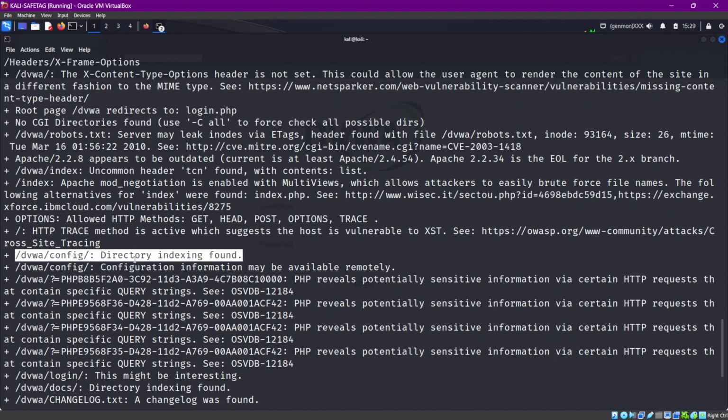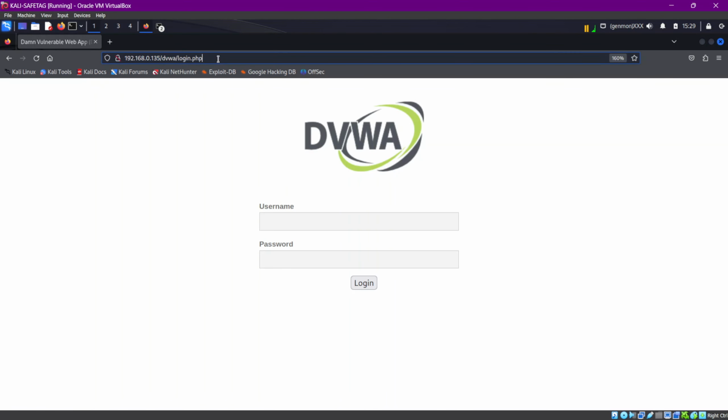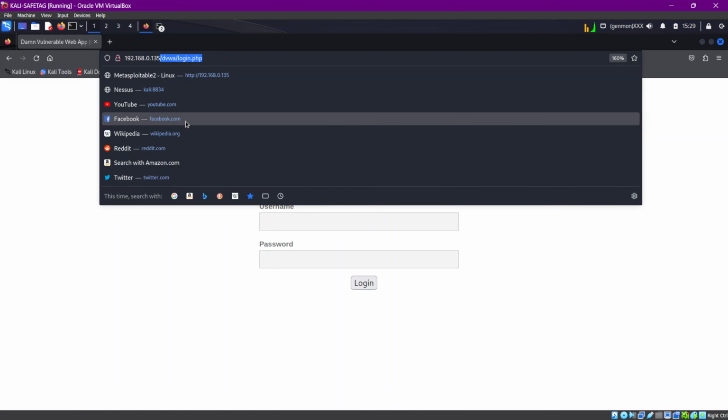I'm very interested in "Directory indexing found." We can literally test it. I can copy this text. I can use the secondary click, or also I can use Control C, but also with Shift. This is a kind of unusual thing in Linux, but Control Shift C is copying text from the terminal. We need the Shift. Okay, cool. So I'm going to go back to Firefox, and I will paste here